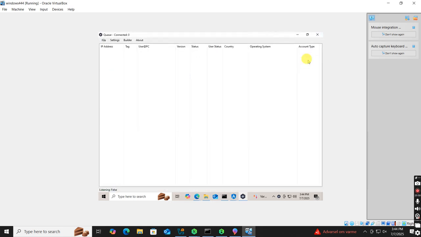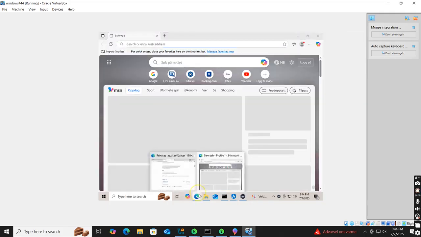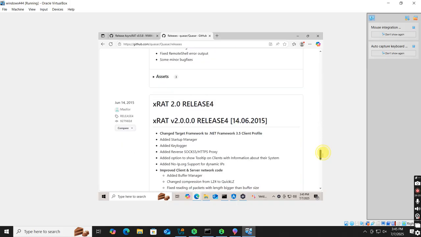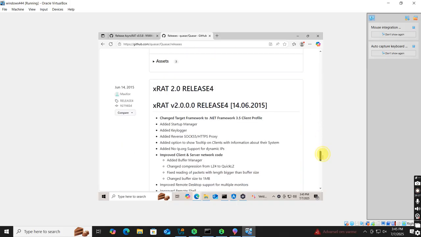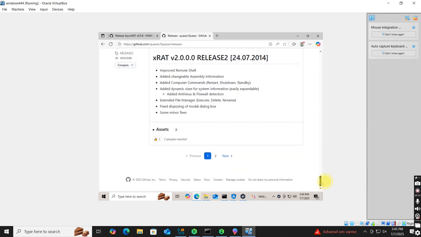Now, let's briefly touch upon the history of Quasar RAT, as its origins are quite interesting and tell a common story in the world of cybersecurity. Quasar RAT, originally known as XRAT 2.0, first emerged around July 2014. It was rebranded as Quasar in August 2015 with the release of version 1.0.0.0. What makes Quasar unique and somewhat problematic is that it was developed as an open source project, primarily written